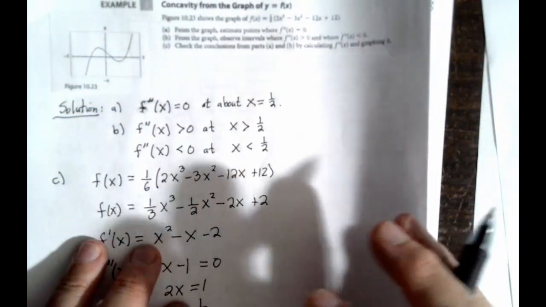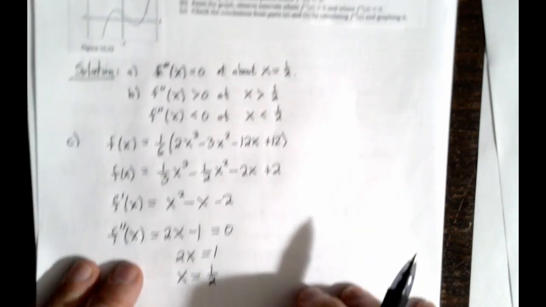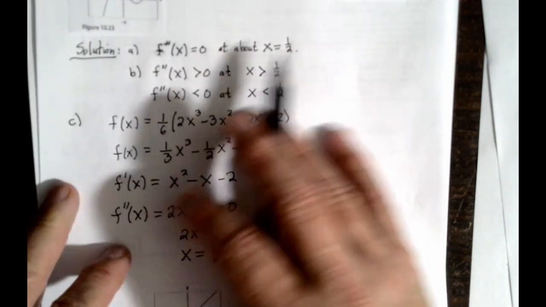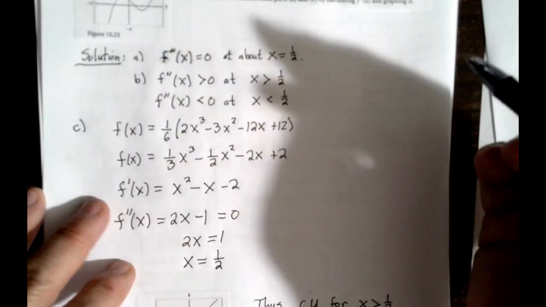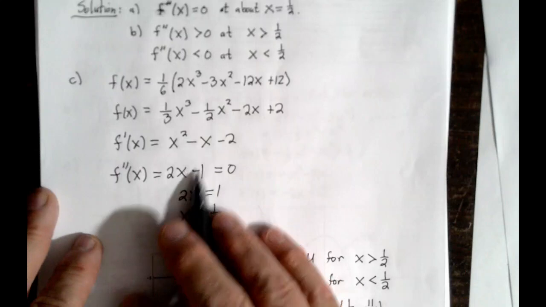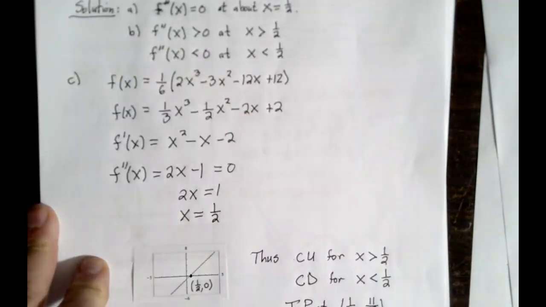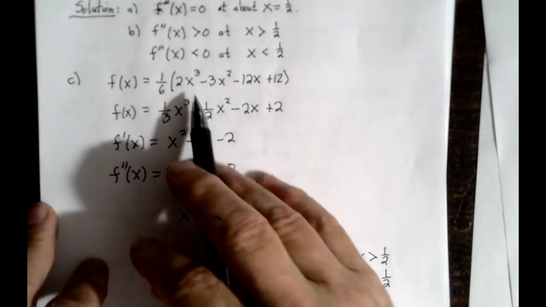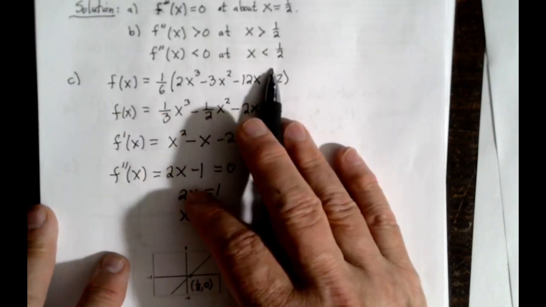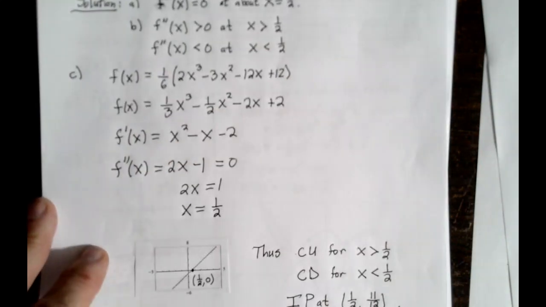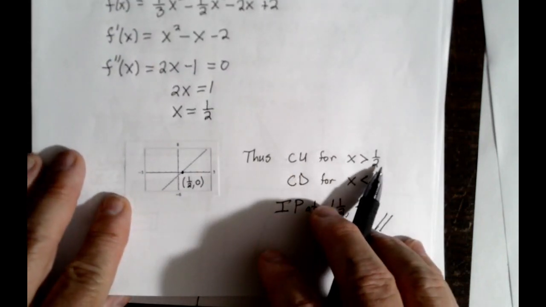On number 5, it shows the graph of f, and they want you to estimate where f double prime, the second derivative, is 0. So if you take the first and second derivative and set that equal to 0, you get 1/2, and so the second derivative equals 0 at about x equals 1/2. And we know the second derivative is positive greater than 1/2, and we know the second derivative is negative for less than 1/2. And thus we can say it's concave up for x greater than 1/2, because when the